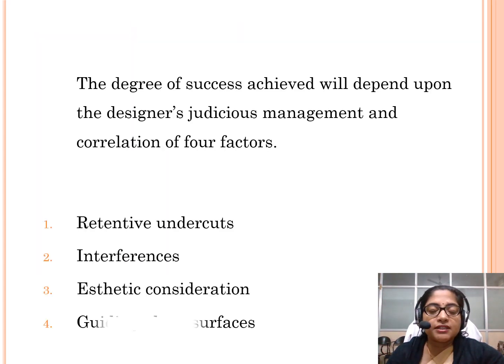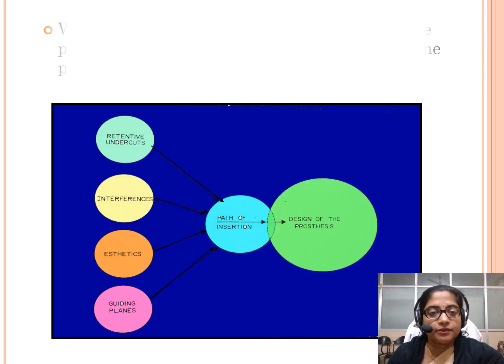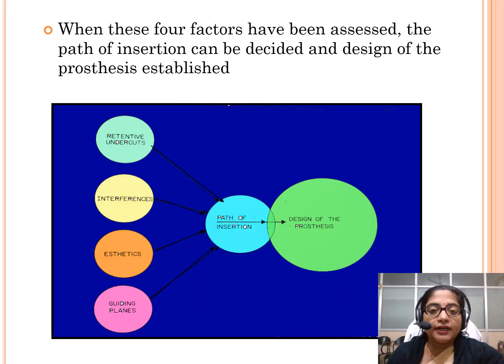The degree of success achieved will depend upon the designer's judicious management and correlation of four factors: retentive undercuts, interferences, aesthetic considerations, and guideline surfaces. Now, these are the four characteristics we have to keep in mind throughout the session. I'll again reiterate: retentive undercuts, interferences, aesthetic considerations, and guideline surfaces. When these four factors have been assessed, the path of insertion can be decided and the design of the prosthesis